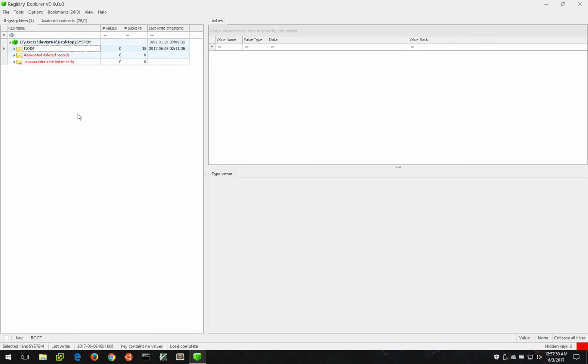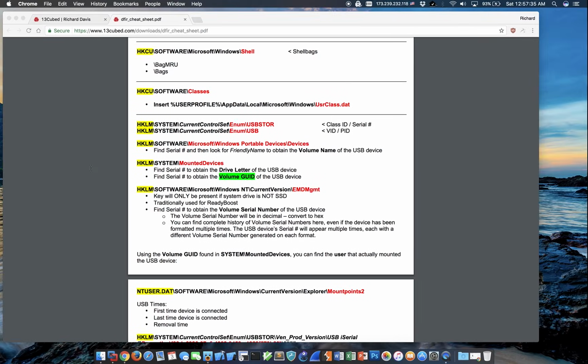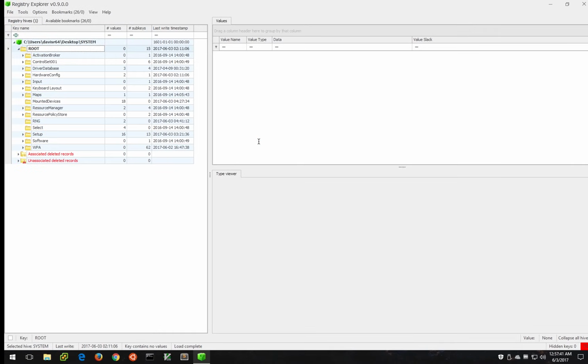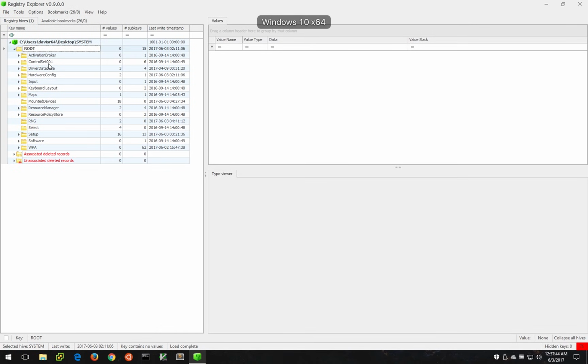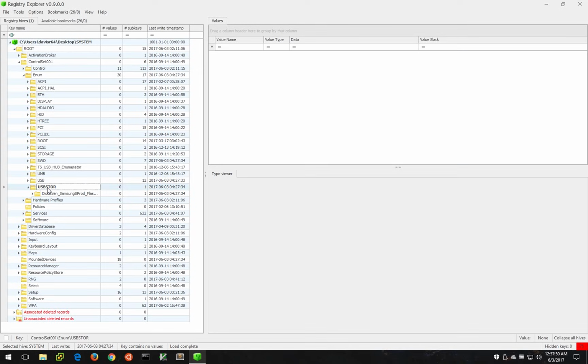Now, according to the cheat sheet, we should look at, again, this is not a live system, so there's no current control set, but Enum, USBSTOR, and USB. So over here, we have got control set 001. Sure enough, there is no current control set. Enum, and let's look at USBSTOR. There's one value here, which is correct, because there's only been one flash drive that I've recently plugged into this virtual machine. It is a Samsung flash drive, and if I further expand this